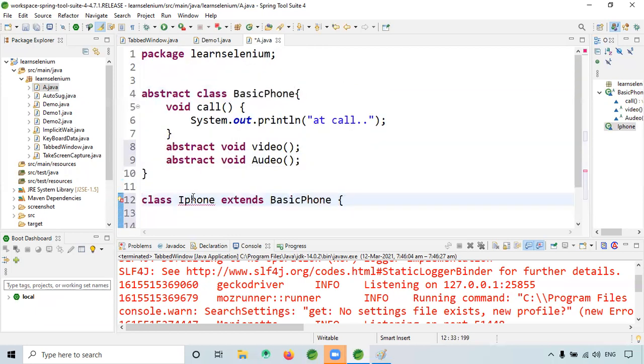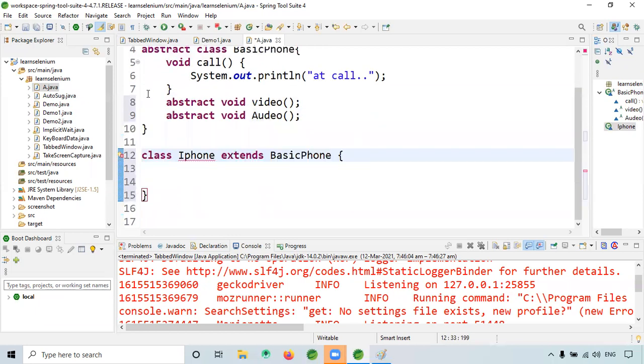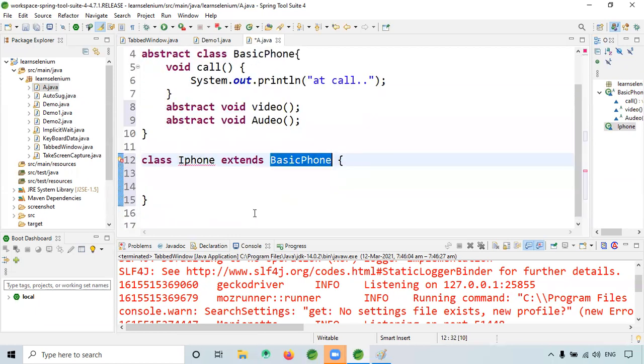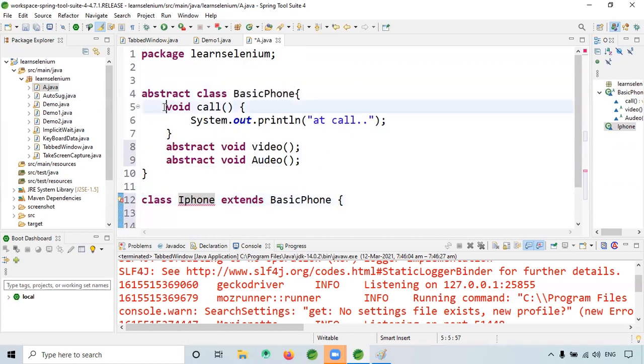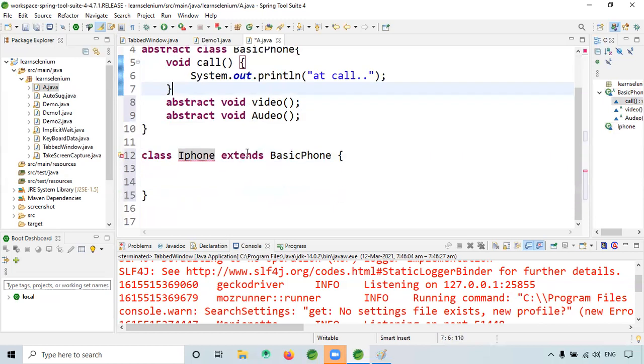If you are extending the basic phone, obviously you are able to get the functionalities of the call method. Now you have two choices.